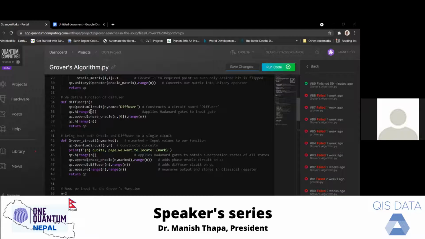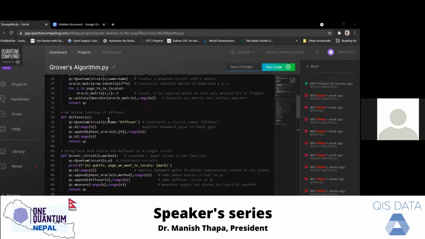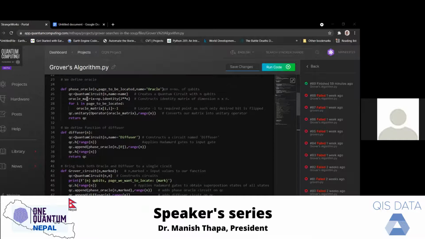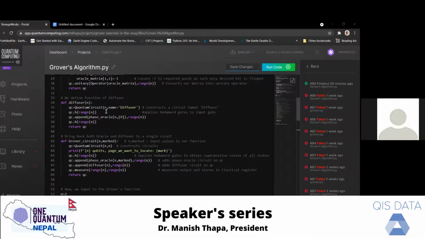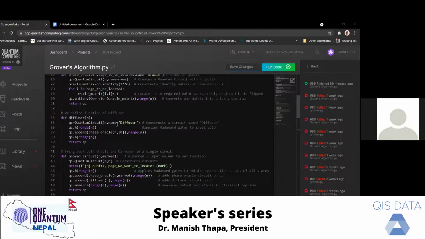So this diffuser operator consists of first applying the Hadamard gate, then applying the oracle function just as we defined here, and again applying the Hadamard gate.